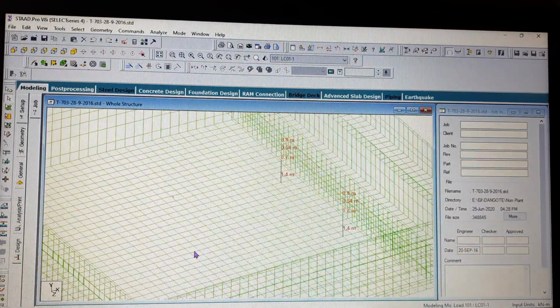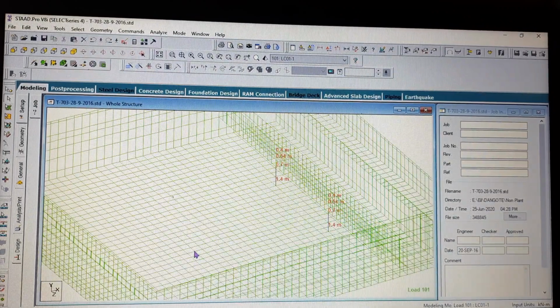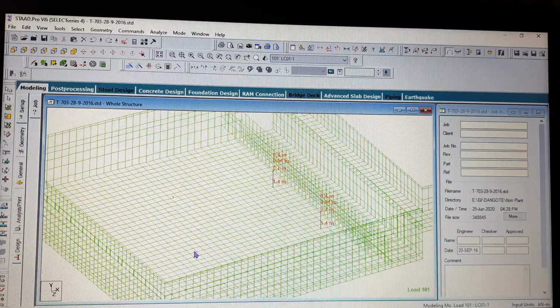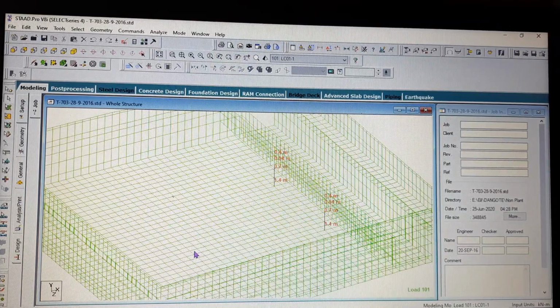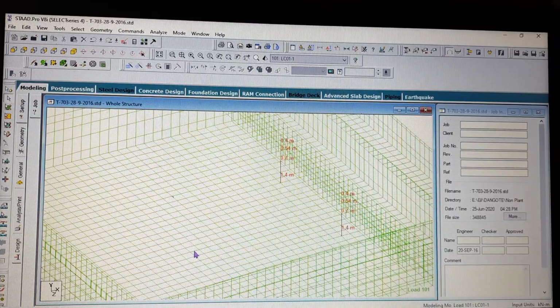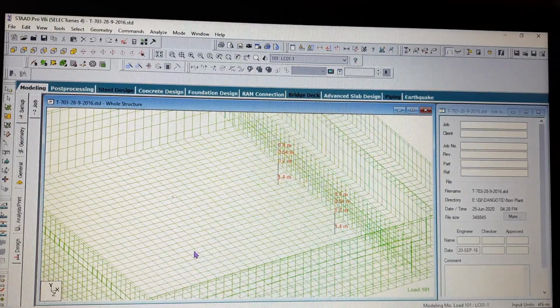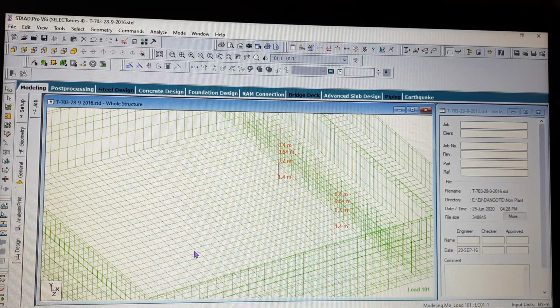This is a good functionality. You can use it and see the distance, whether you try to model something with an aim to say I want to model a member of 2 meters. If you have modeled it rightly or there is some deviation, you can check through this functionality. Next is your